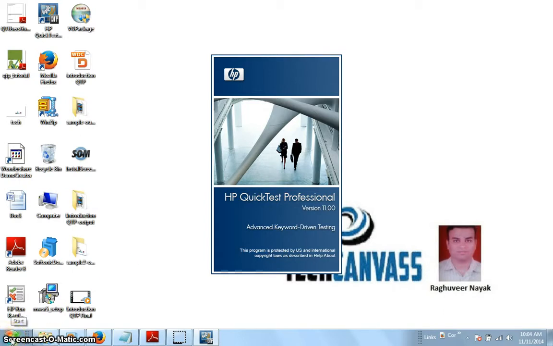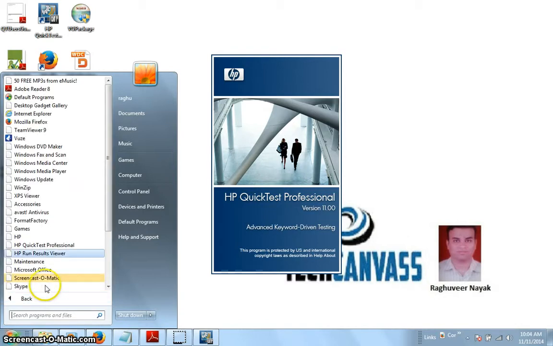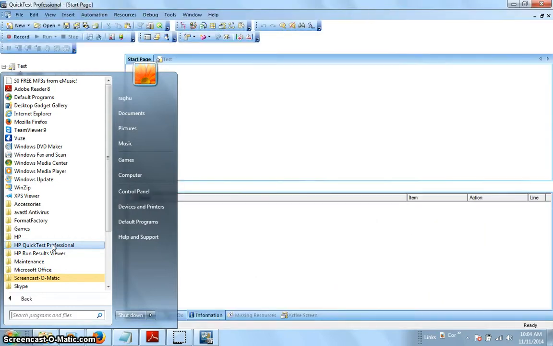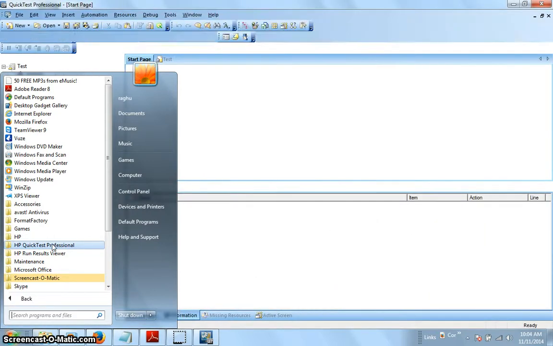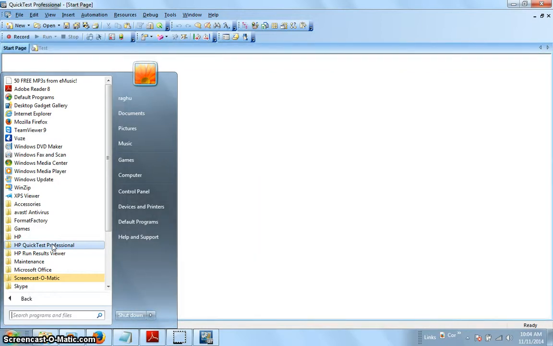Meanwhile, I'm opening a dummy project which is provided by QTP. This could be a flight reservation kind of system. You can go with these options. In the background the QTP main screen opens. We will come to this later on. Let me open first